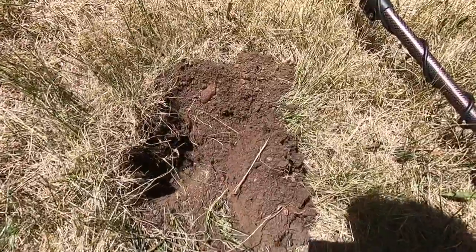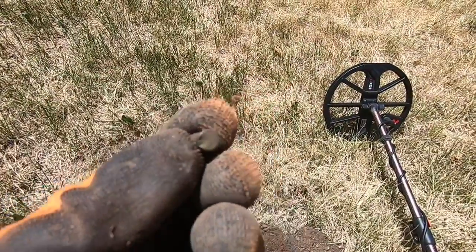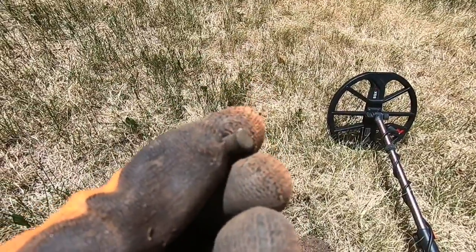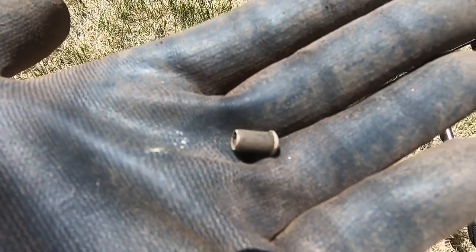All right, y'all, coming in at 22, 23, and I'm not sure. I haven't checked the whole hole yet, but we have a .22 round. Looks fairly old. .22 calibers go back a ways. Anyway, that empty shell casing, that is find number